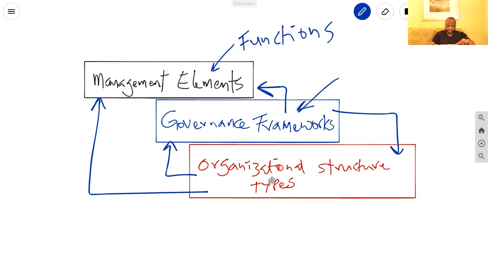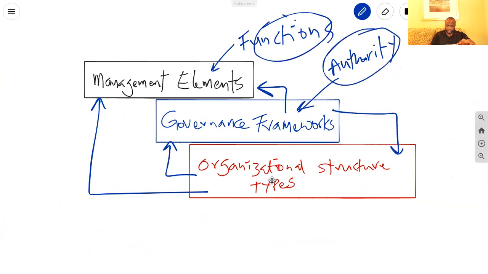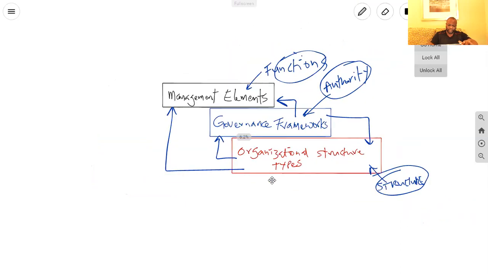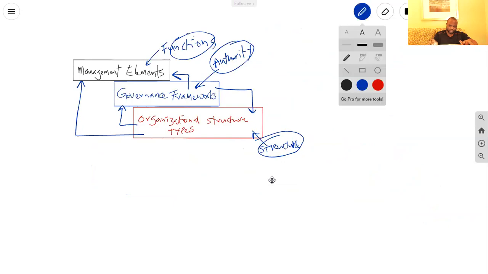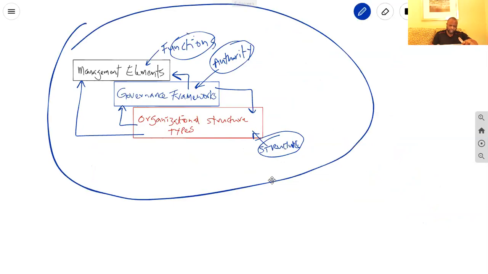Governance frameworks, big on the authority elements. And last but not least, the organizational structure is just that. It's the structure of the firm. Okay? And what the PMI is saying on this page is that these interactions that I'm showing you, these are the system that projects operate in. And I'm going to show you an image here to help you see this with a greater level of precision.